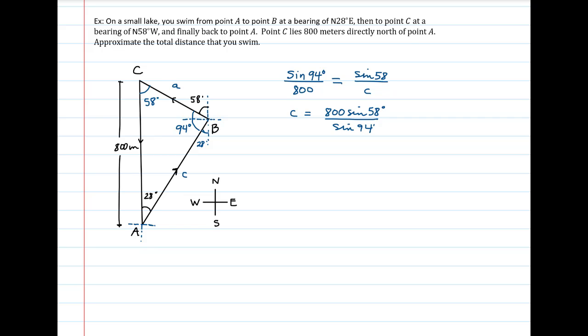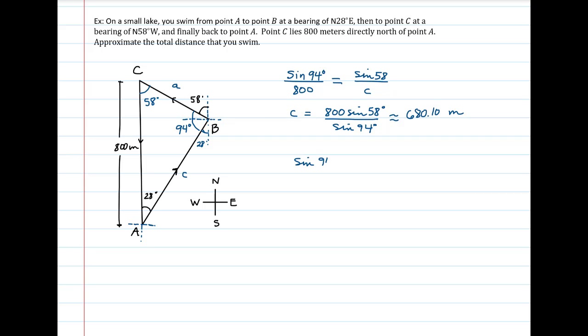I'm going to label those sides in here because we're going to need all three sides. We have one, it's 800 meters, but I'm going to start by finding lowercase c, the side opposite to 58 degrees. So we cross multiply, solve for c, put that in the calculator, and we get that lowercase c is equal to